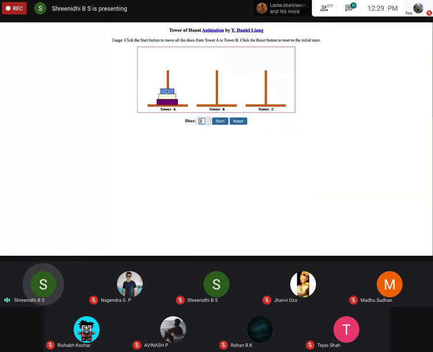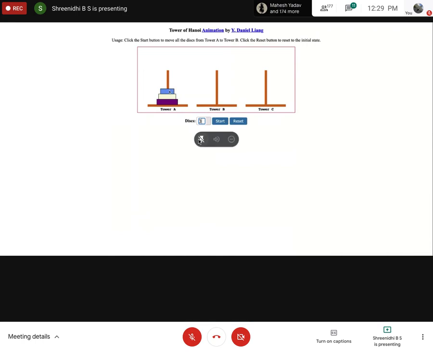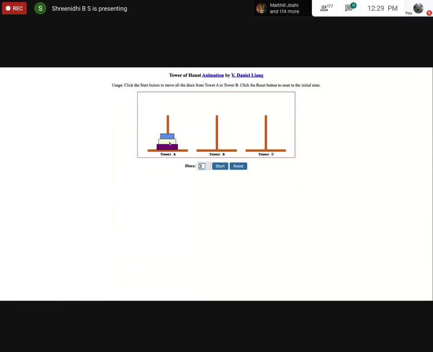As I told, I'll take 3. Everyone is visible now, which all I have explained now. See here, tower A, tower B, and tower C. So yeah, disk 1 is blue, disk 2 is yellow, and disk 3 is purple. See here, first I am moving A to C. So A to B. Next A to C, disk 1, disk 2. Now from B to C, disk 1. Now this A to B, larger disk. Now again from C to A, your smaller disk. Next this C to B, your larger disk.